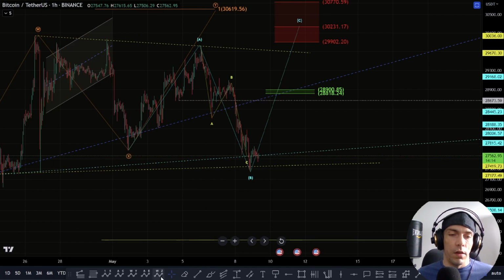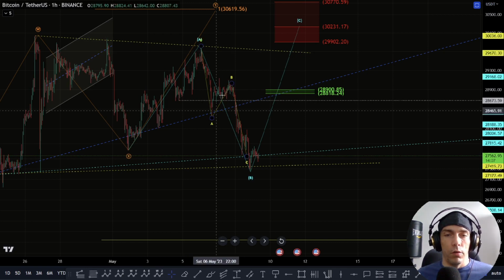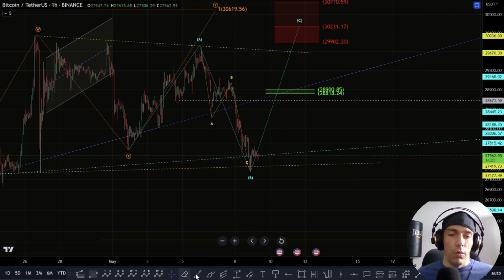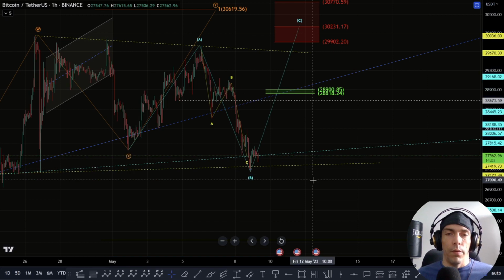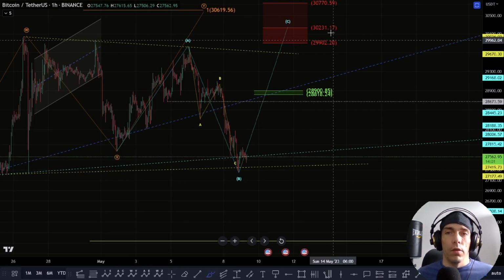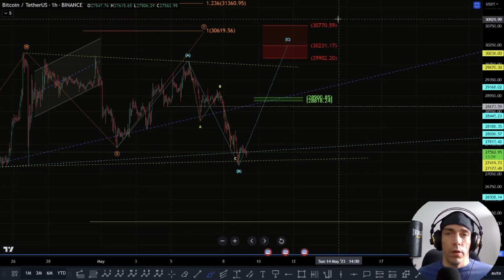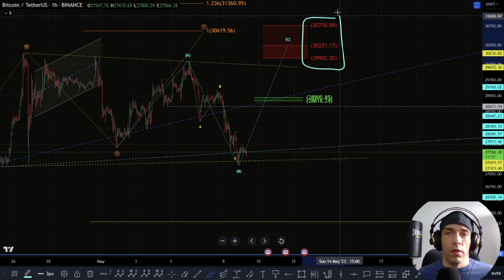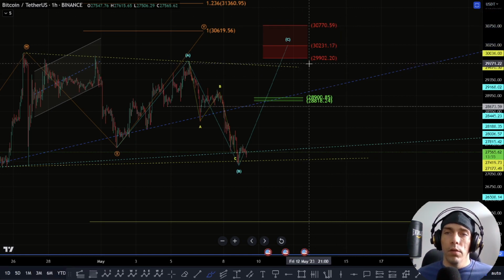Now, what we would want to see here is we wouldn't want to really see an additional 4th and a 5th here. We'd want to see this basically look to turn around from this point. And what we'd want to see is starting to develop 5-wave structure to the upside. So the target zone for this as a C wave would actually be back up here towards this 30,770 to this